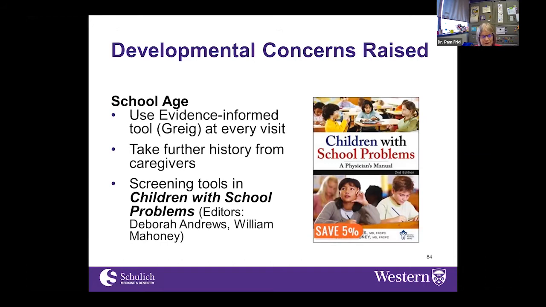It was published by the Canadian Paediatric Society and looked at school problems in children. Now, the first part of this book has lots of information about the scientific evidence for learning disabilities and so on, and it is very out of date, so I would not recommend that part of the book now. But the middle part of the book is full of screening tools that you can do with the children in your office to give you a good idea about whether the child is having a problem with literacy or numeracy or spelling, or with their fine motor skills, that they might have developmental coordination disorder. So I'd highly recommend the book from that perspective, and it's still available. You can find it on Amazon.